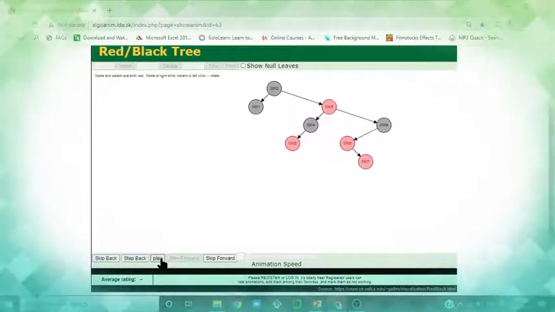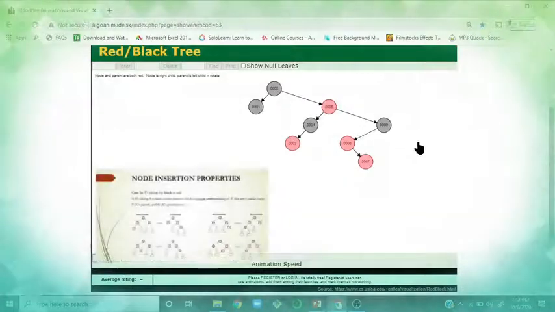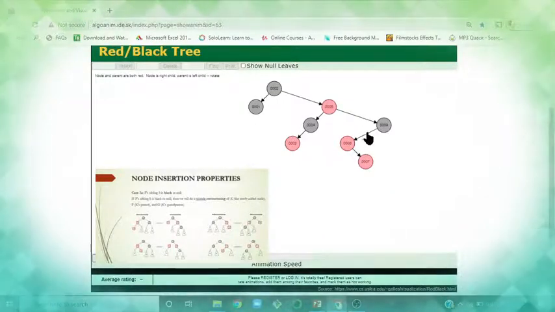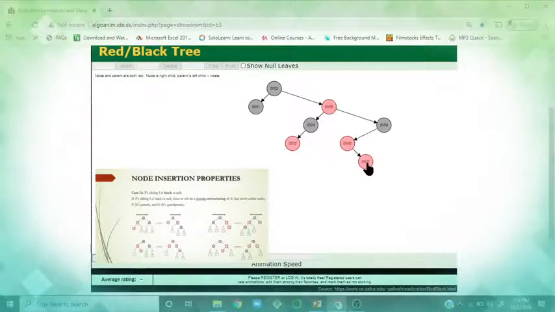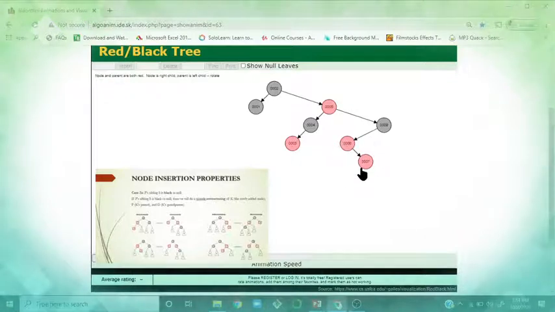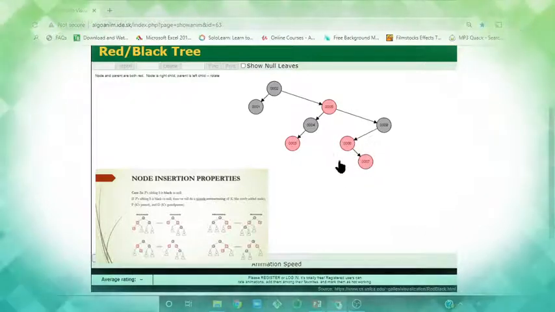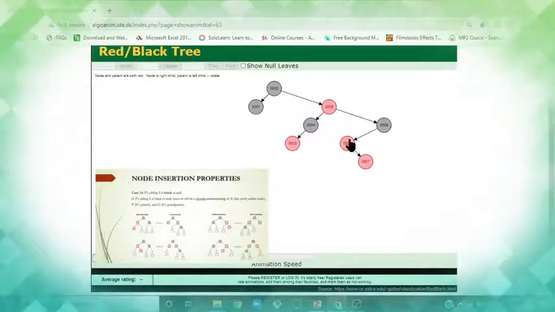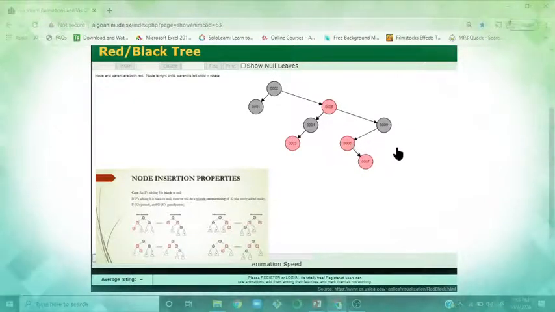Here it is violated. Again, you can see the parent is in red but we don't have any sibling. Either it should be available or not available. That falls under case 2a. It is violated, but we don't have any sibling, and it is in the left and right format. Left right format, I have to make double rotation. First let me make a left rotation, 7 goes up, 6 comes down, and then make a right rotation, 7 goes up, 6 comes to the left, and 9 goes to the right.